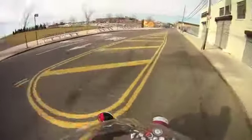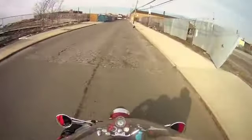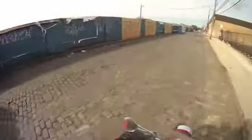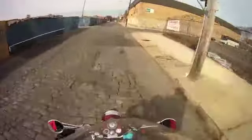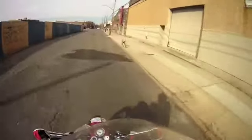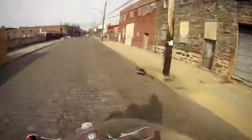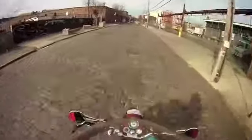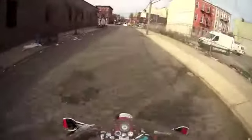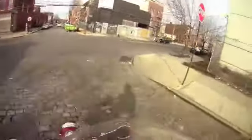This neighborhood, Red Hook, took a lot of damage during Hurricane Sandy. Part of why these roads are so torn up. I assume that this whole zone got flooded because we're very low lying here. What I'm looking for is flood lines, water lines on the buildings. We may be just a little high right here, but I'm going to actually take a left